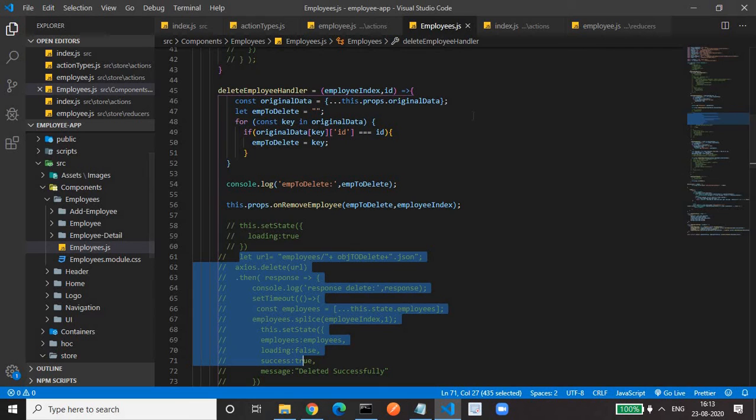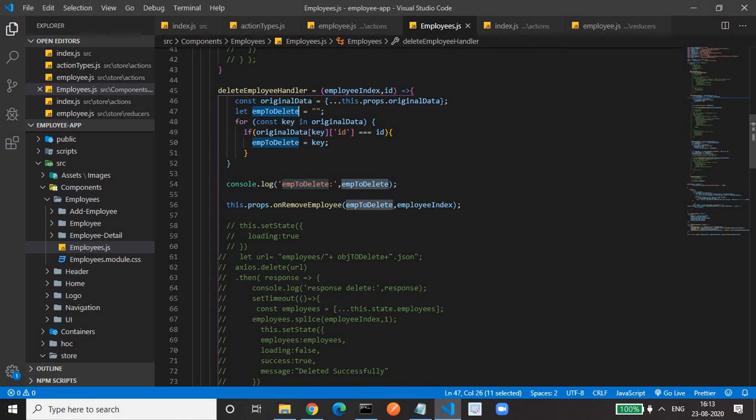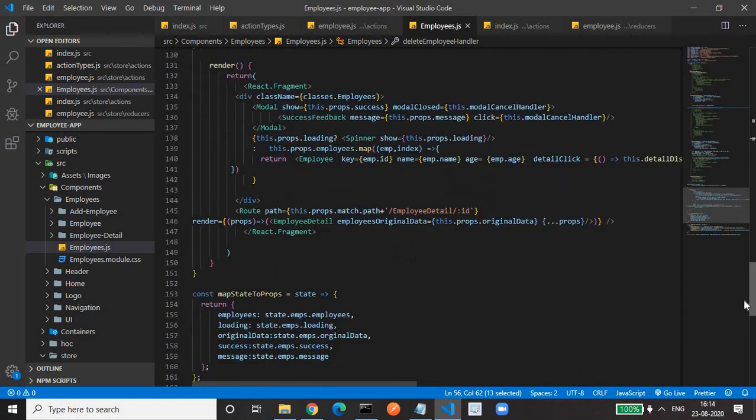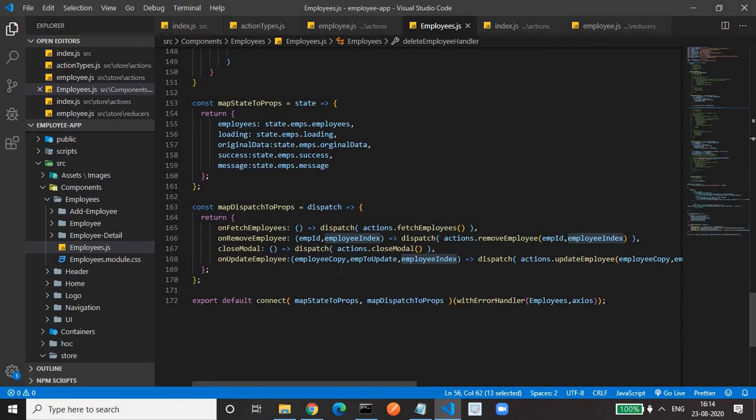So here, all we have to do is first find the employee to delete, which employee the user has clicked for delete. Then we use this.props.onRemoveEmployee. Here it is calling the action with the employee to delete as well as the employee index. Why is this parameter needed? Because we need this employee ID and employee index here, which is being passed to the action.